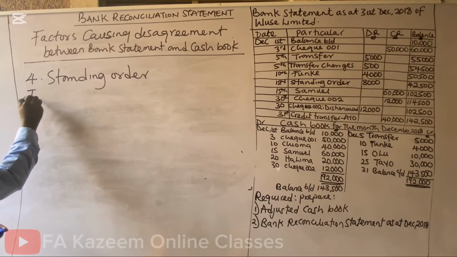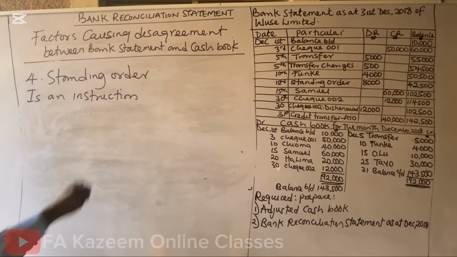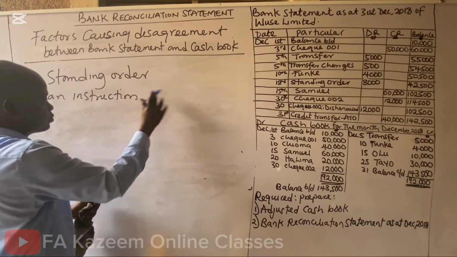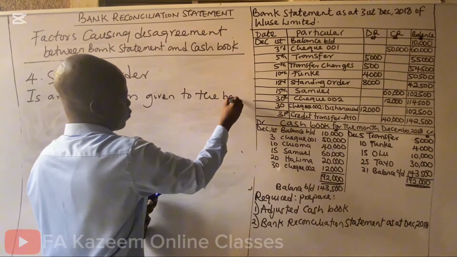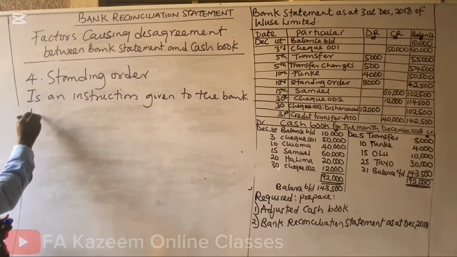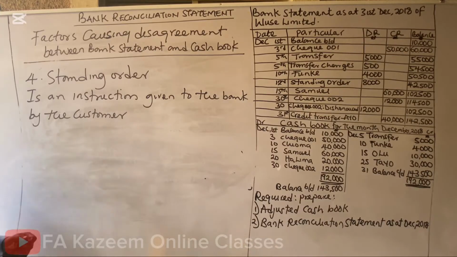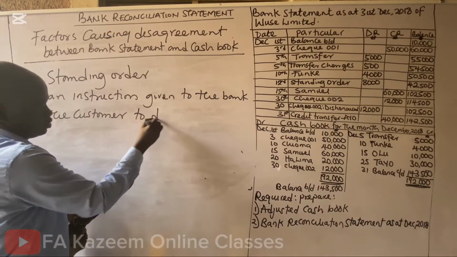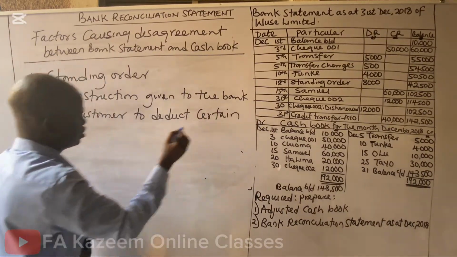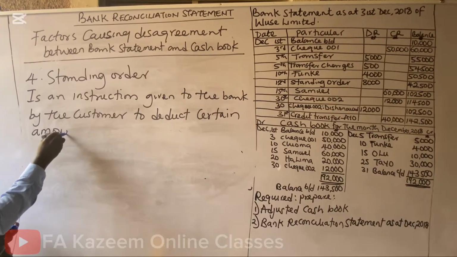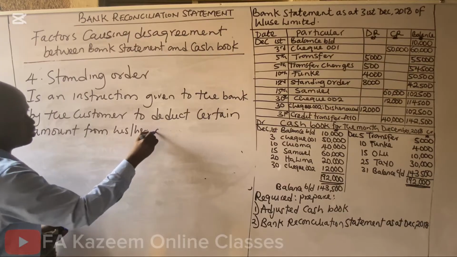Standing order is an instruction given to the bank by the customer to deduct a certain amount of money from his or her account